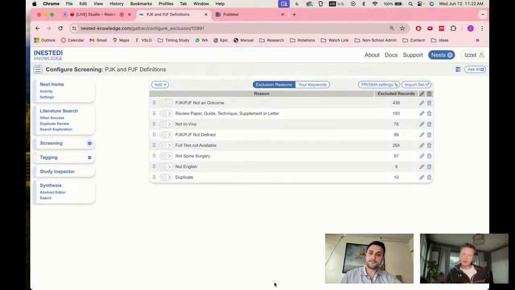So again, it's sort of like a normalizing exercise. You do the first little bit together, and now you're all on the same page, and you can do the rest of it because you know what everybody's thinking, and how people are thinking about this particular project.